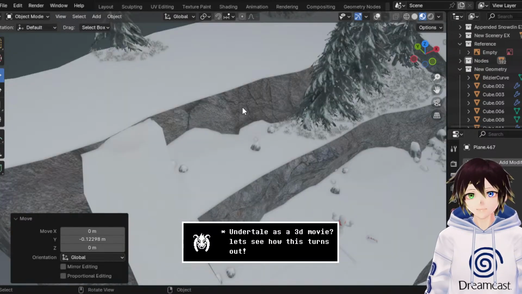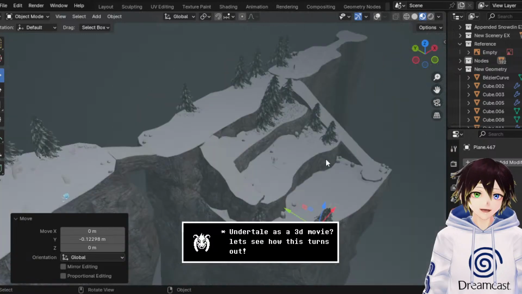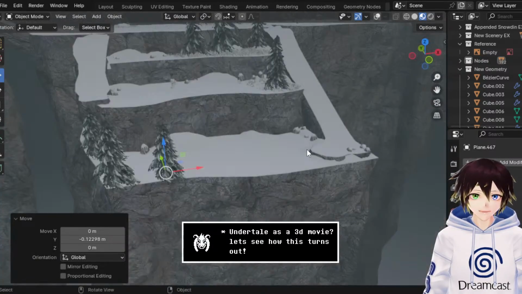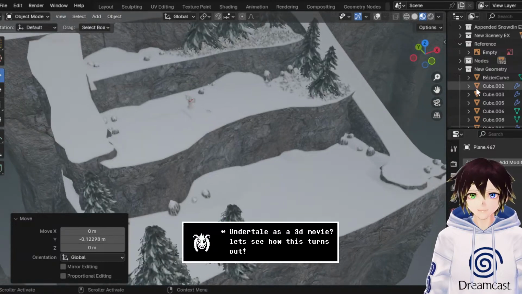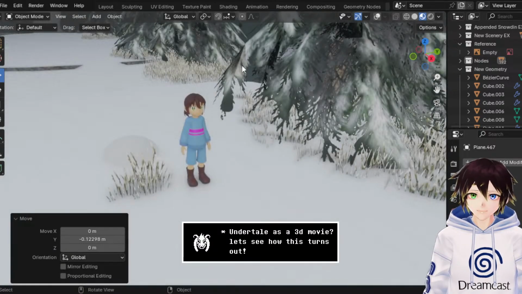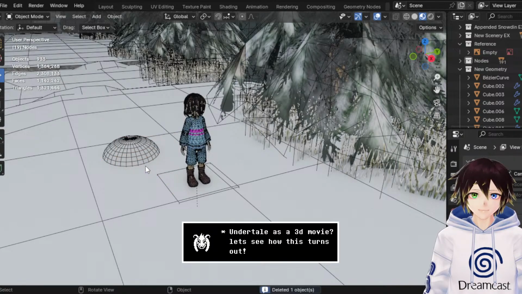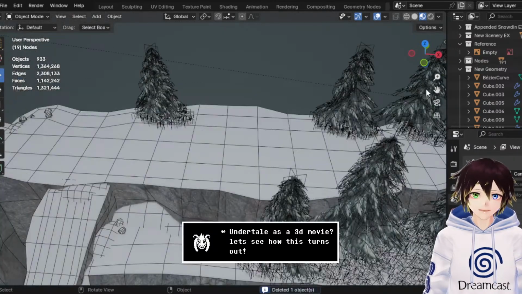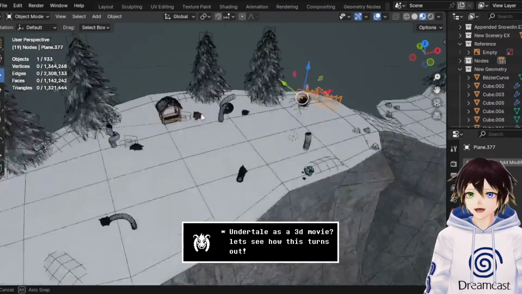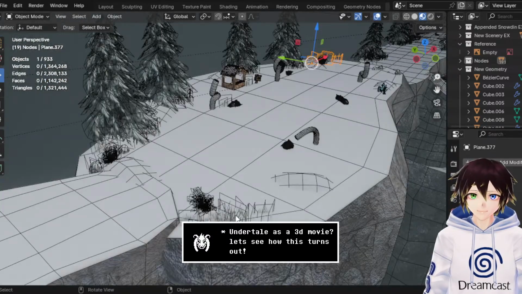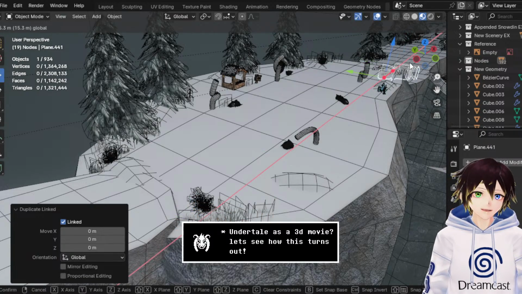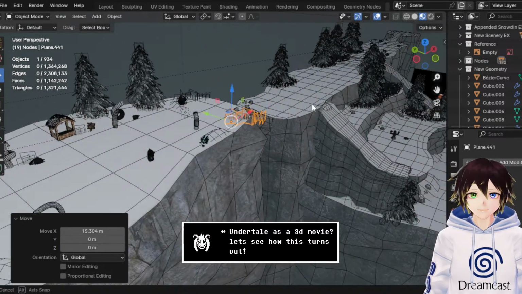But the extra stuff definitely helps distract from the simple fact of looking a little bit boxy right now. What I'll do is get rid of that, and we'll start placing some of this other stuff. Like I figure if I place, there we go. If I do this and then do some of the snow dunes as well, then that'll be